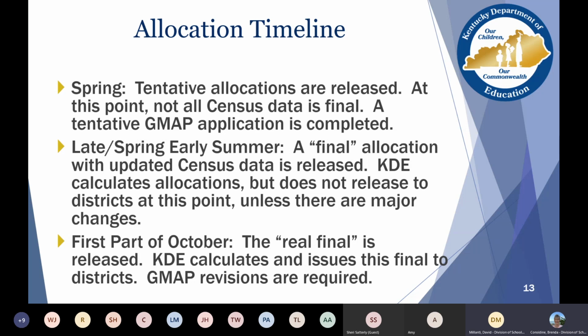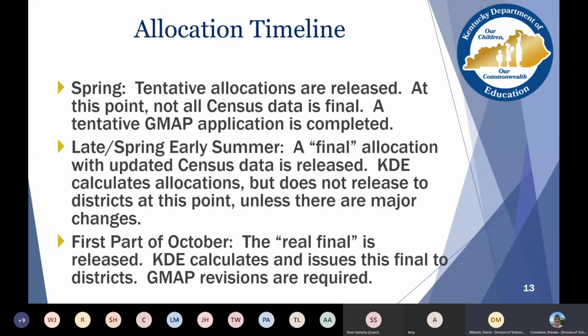Yeah, that's correct. We got the revised allocation about a week ago or so, and unless we see huge changes in allocations, we're not going to communicate that to districts at that point, because they are in the middle of the tentative application. So we'll just hold on to that unless we see a need to communicate.